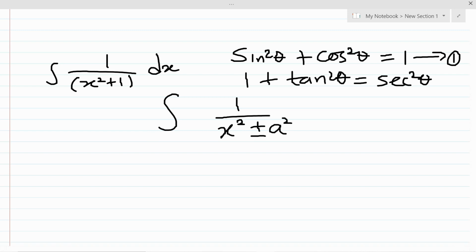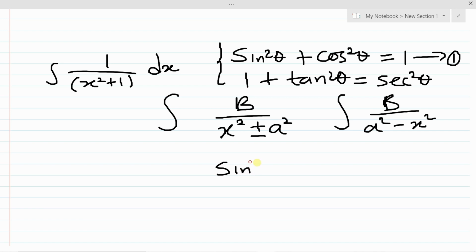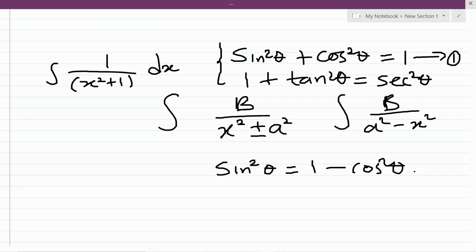Now with this, let's consider the first case where it is minus, or it can be something like the integral of 1 over a squared minus s squared rather. This case can also happen. Now if that is the case, then you're supposed to use one of these. Look here, from the first equation, if I make sine squared theta the subject, it is equal to 1 minus cos squared theta. If you compare this to these two scenarios here,